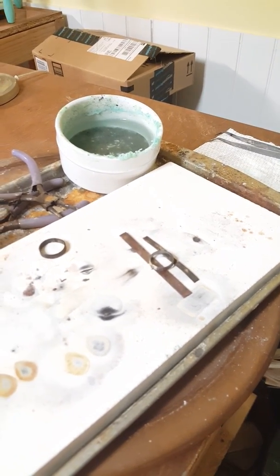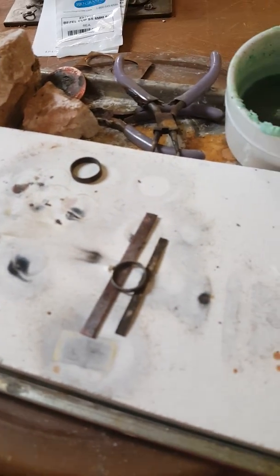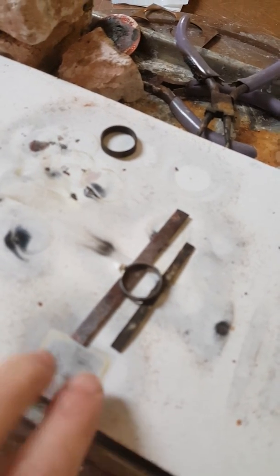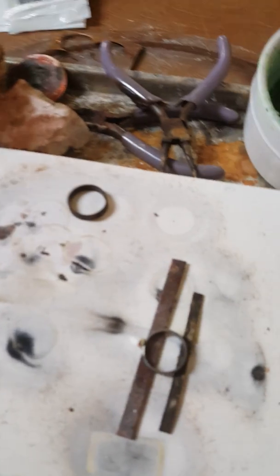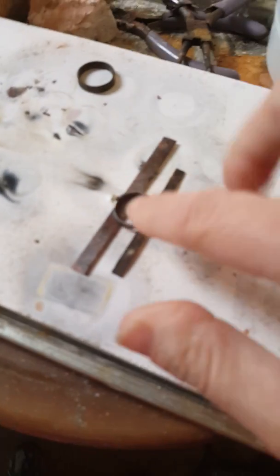Okay. Hey, I'm back. I've got it all lined up. I'll show you the solder just in case you need it. I wasn't going to, but then I thought, hey, maybe she might like to see that. So anyway, see, I've got it all propped up on two old pieces of metal. I don't even know what they are anymore. They're so dirty. But I'm using easy solder to put it on. And I've already put my solder on the ring,